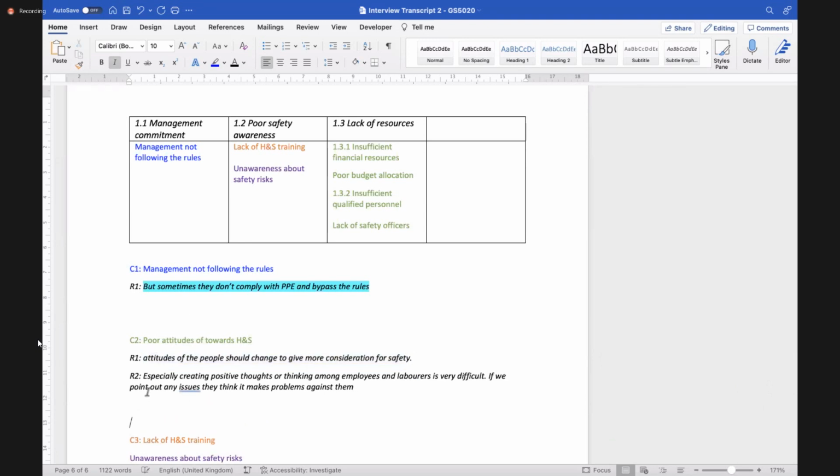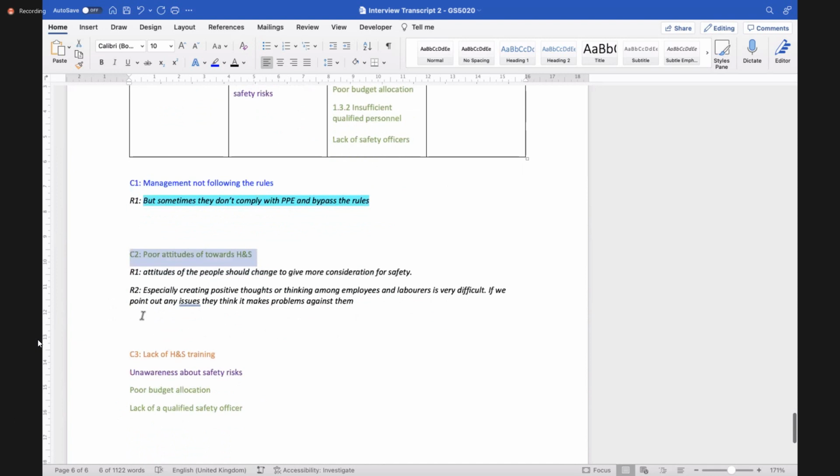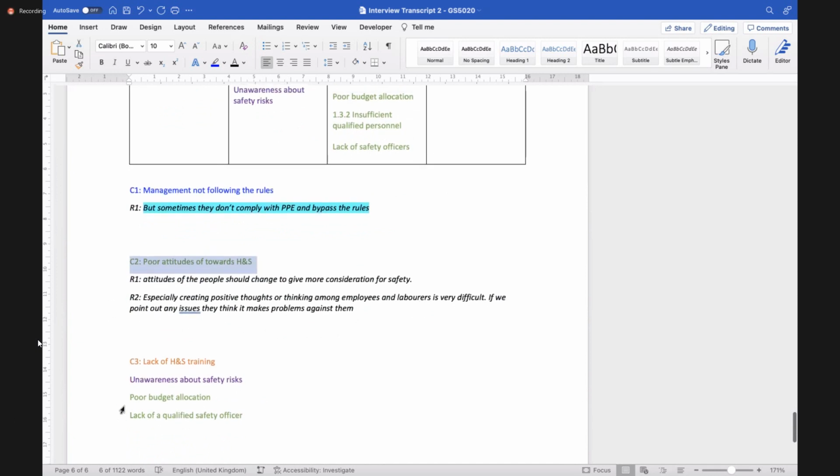So likewise, what we are trying to do is for each code, bring together all the data we have coded under that particular code. We have to do that to all of our codes. So that would be our final step in the coding process.